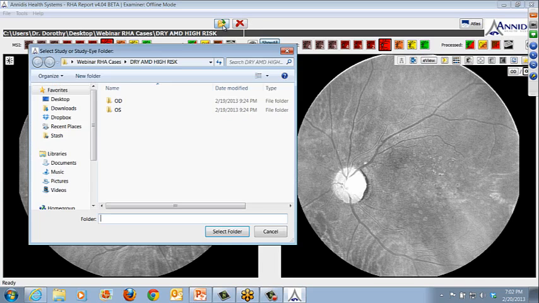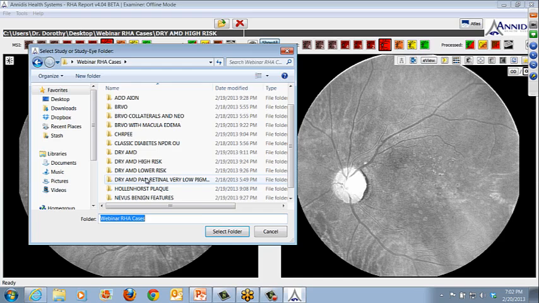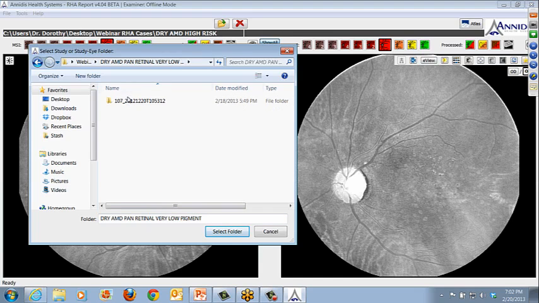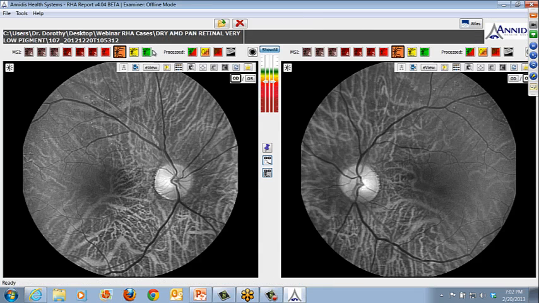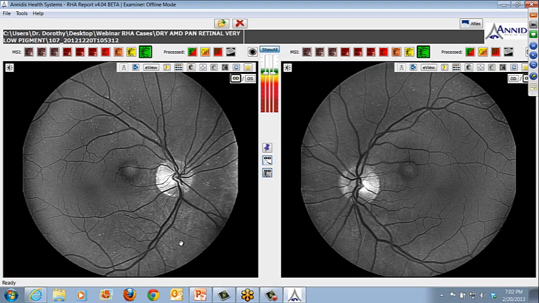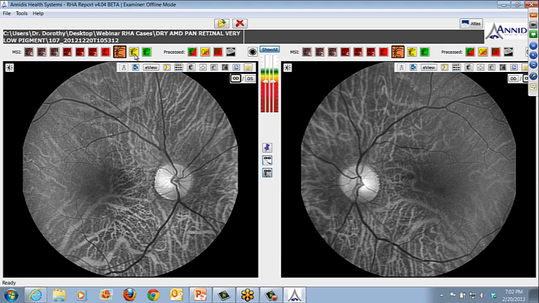Going to move on to another case of higher risk, a little different presentation of macular degeneration here. So this is a patient who obviously has a very light fundus. You can see that by looking at the upper layers,